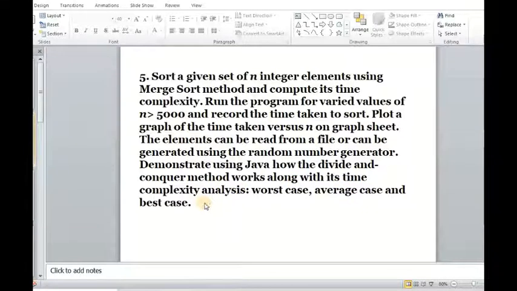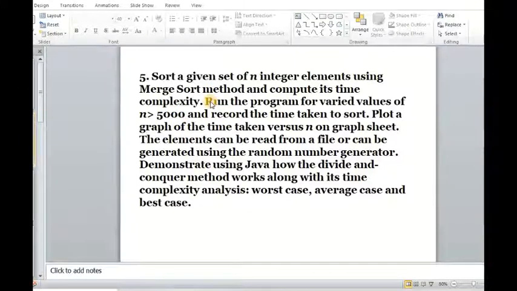and best case. I hope in the theory you all have studied the merge sort algorithm, correct? You all might have studied the time complexity of merge sort algorithms. Here, in this program, they are asking you to do the sorting of elements by using the merge sort technique.